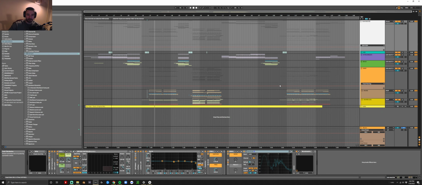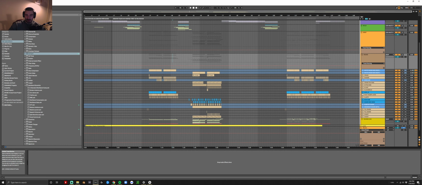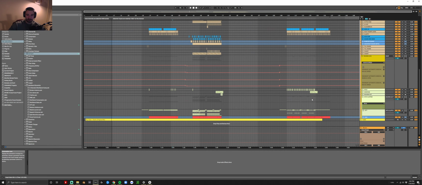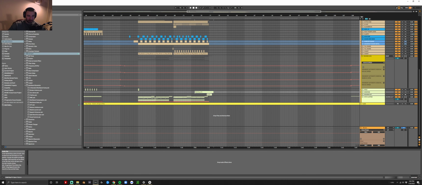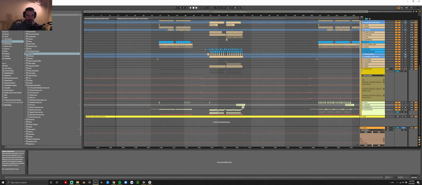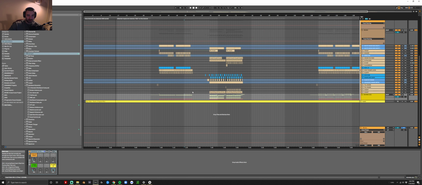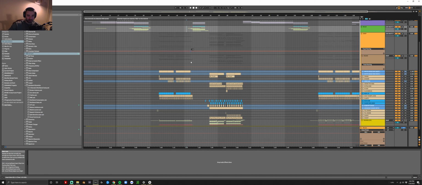Getting out of drops, as each day passes, I'm getting more and more lazy with trying to transition out of drops. At this point in time, I do two things predominantly. And I can show you that right here. So first of all, I let it go from the drop into the next section. And then from there, I decide how necessary transitional elements are. So for example, in this section right here,